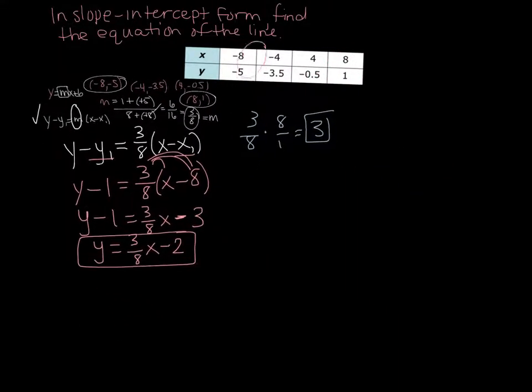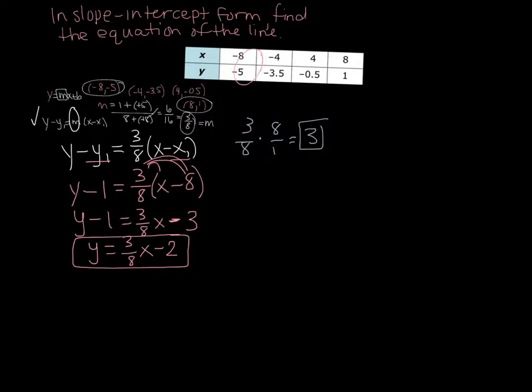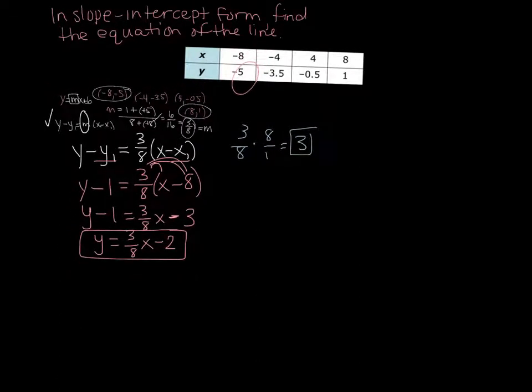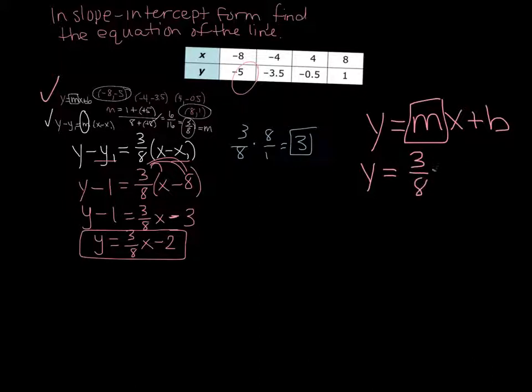So now I would like to use the slope-intercept form. Now I have y equals mx plus b. After I pick 2 points, I know that m equals 3/8, so I'm going to plug that right in. Now I just need to know, what's b? In order to find b, I'm going to plug in any single point that I want here. And again, I'm just going to use (8, 1). So I'm going to plug in 1 for y